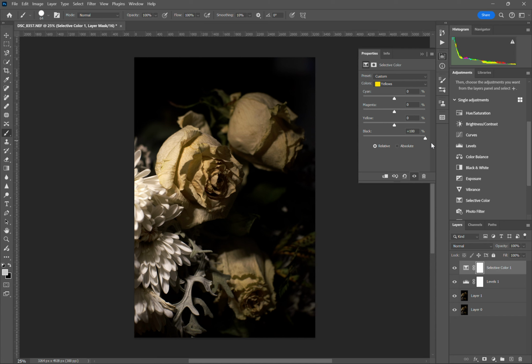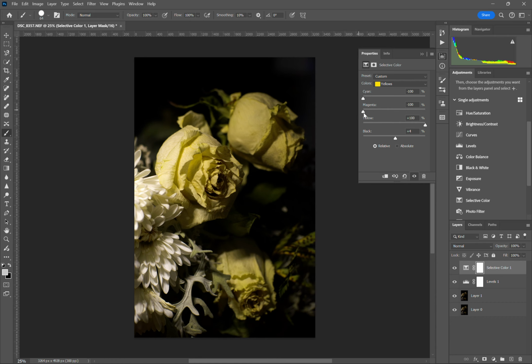Or sorry, not the intensity, the lightness. So over here with our yellows, what we can do is we can increase the amount of yellow that's in our yellow parts of the image, or we can lower it up until there. Now, I want to bring out the yellows, so I can increase my yellows all the way. But what I can also do to make it even more yellow is get this magenta slider all the way down and that cyan slider all the way down. And we have really very pure yellow,